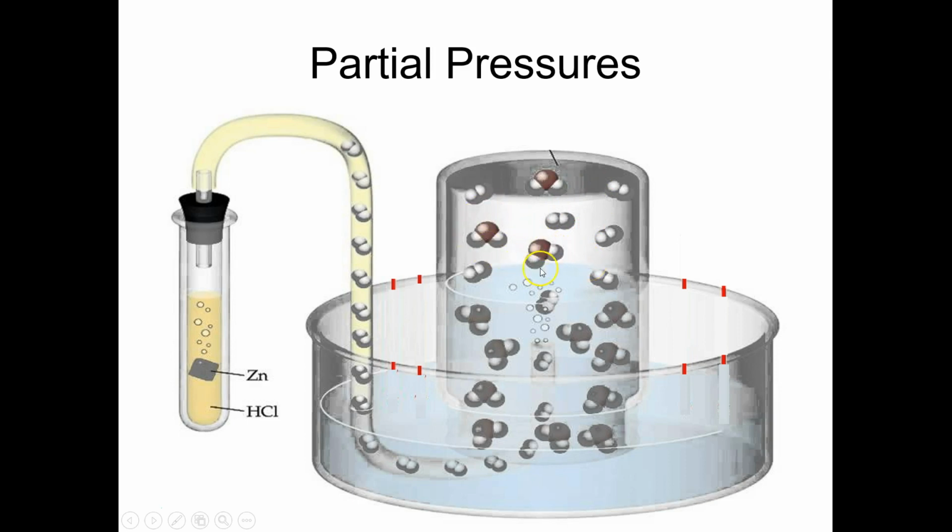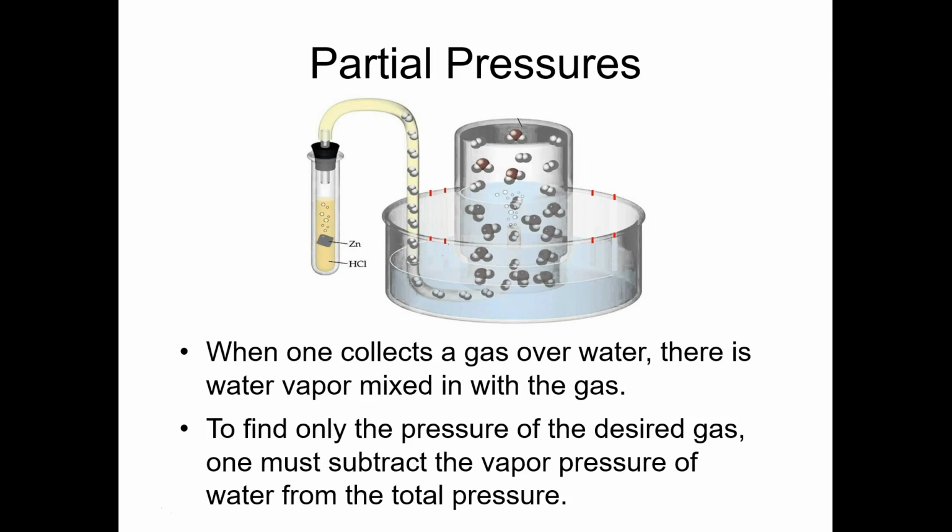But there is a certain component of this gas pressure that is due not to hydrogen, but is due to water. And so why is that important? Because when we're collecting a gas over water, there's water vapor mixed in with the gas. In order to do quantitative calculations involving that volume of gas that we've collected, we have to subtract out the vapor pressure of the water, which is the partial pressure of the water, from the total pressure of the